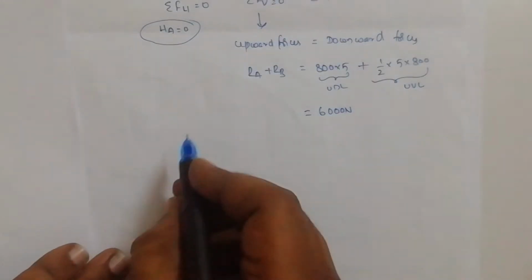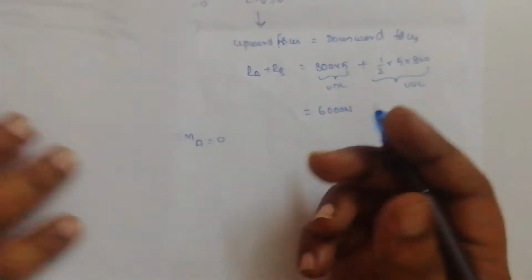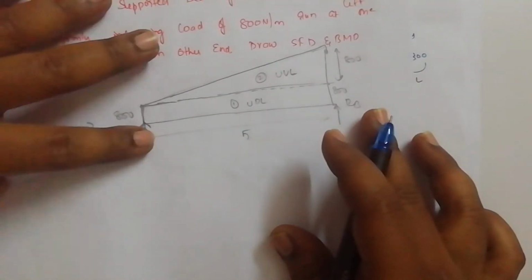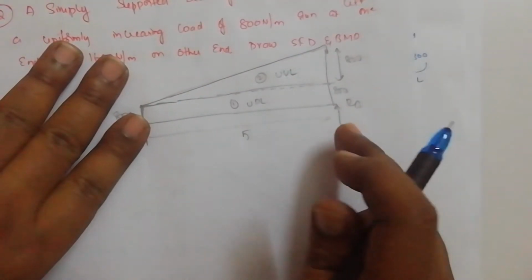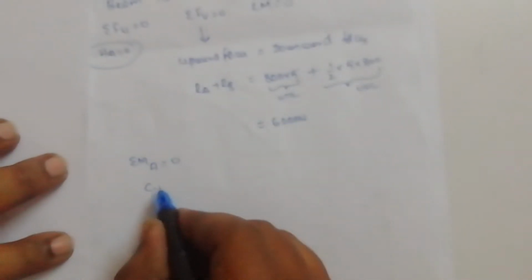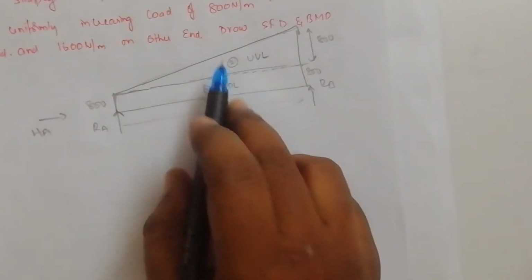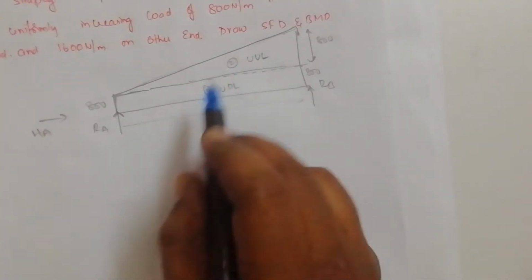I will take summation of moment about point A equal to 0. Let us go to the diagram. I have to take the moment about this point. The forces to the right of it are the reaction RB as well as these loads. Generally we write that for moment about point A, clockwise moment is equal to counterclockwise moment. What is the moment in the clockwise direction? These two act downward, so they will try to rotate about point A in the clockwise direction. So first, because of the UDL, I will write